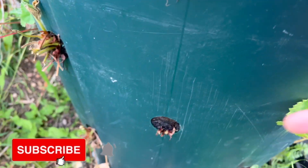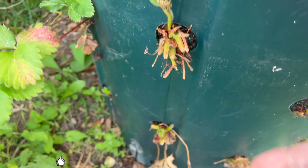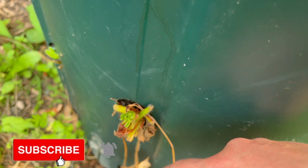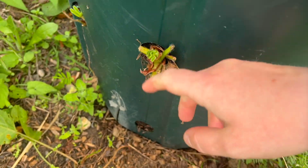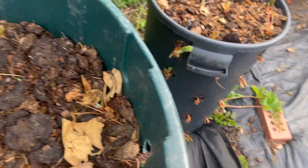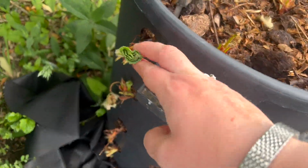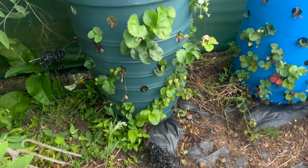I've cut some of them all the way back because they are still alive, but you can see that they are just stressing out with all of these leaves. So I've gone through and pulled the leaves off, and they've got the new ones coming through. They're great. I've had a few strawberries already. Same here. The new leaves are growing through strong, but there's no point of having all that dead material attracting